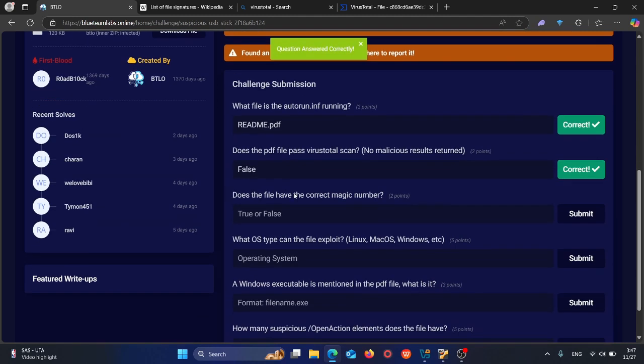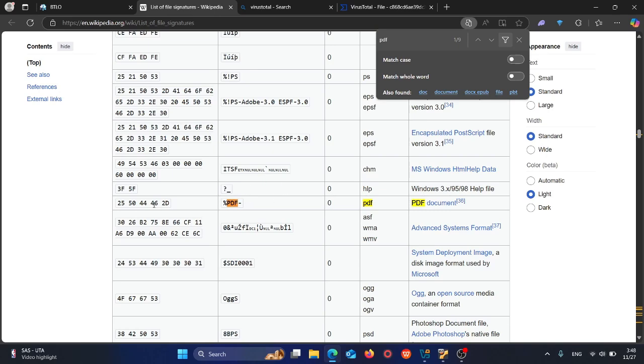Okay. Does the file have the correct magic number? Yes, true. True, because as I have shown you here, the magic number or the file signature for the PDF file is actually this one, 25, 50, 44, 46, 2D,